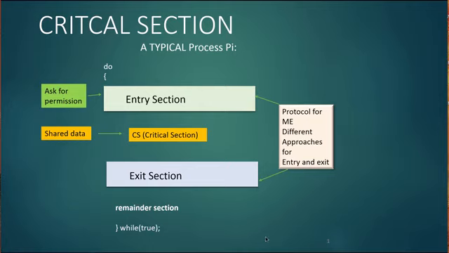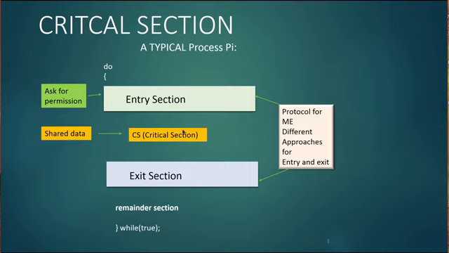Okay, here's a review about the critical section problem. What happens with the critical section problem is you have this critical data and you want to control access to this critical data and not come up with race conditions where the data becomes inconsistent or results don't happen the way you want. So the idea is that each process has a way to enter into the critical section,